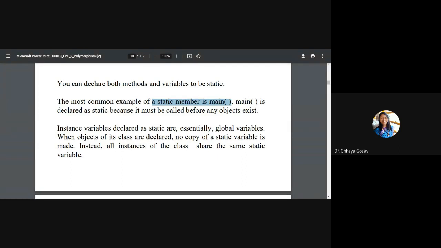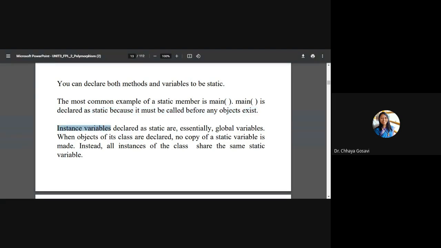With the class name itself. And the class name and file name are the same, so the compiler knows the class name in which the main method resides. So the main method is called without creating any object. Why? Because the main method is defined as static. Main is declared as static because it must be called before any object exists.